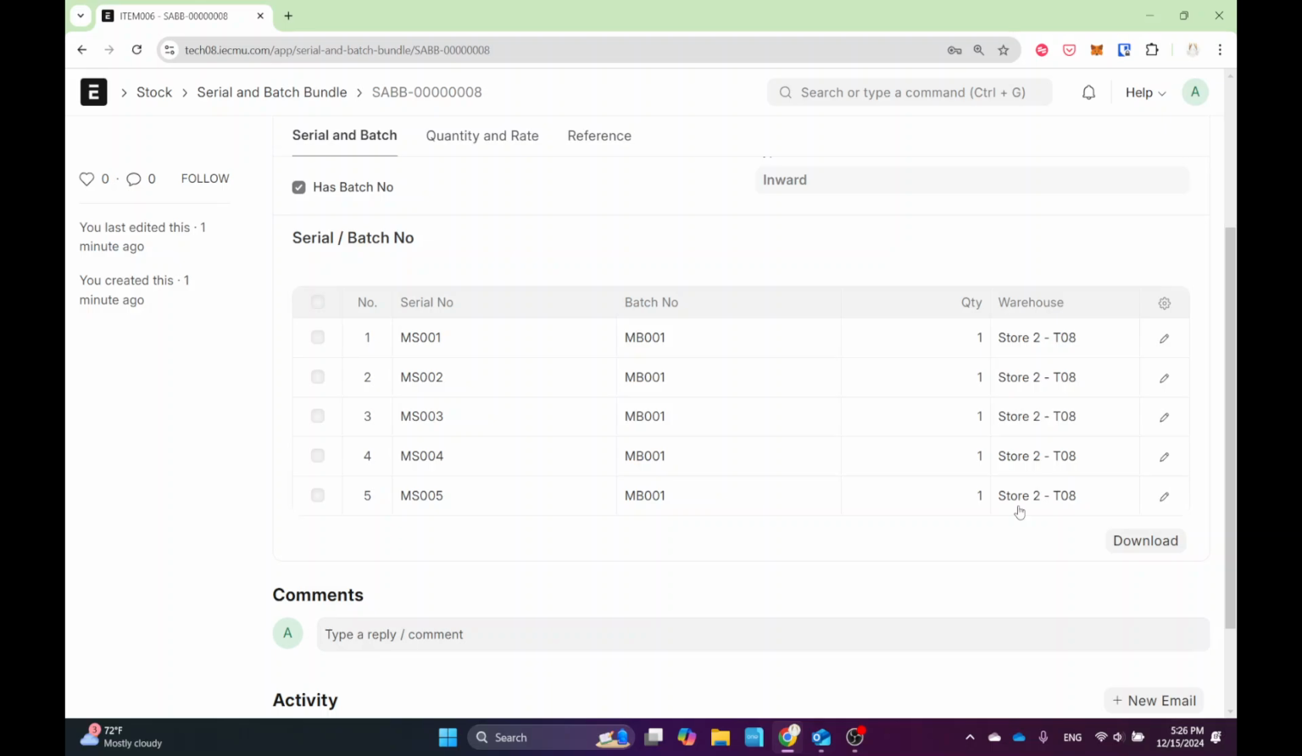So it has to have this serial and batch bundle, a document, which is kind of like the mapping, and just keep track of the activity of the item basically. Okay, so it's quite detailed, but this is kind of necessary for the system to keep track of things correctly. So yeah,